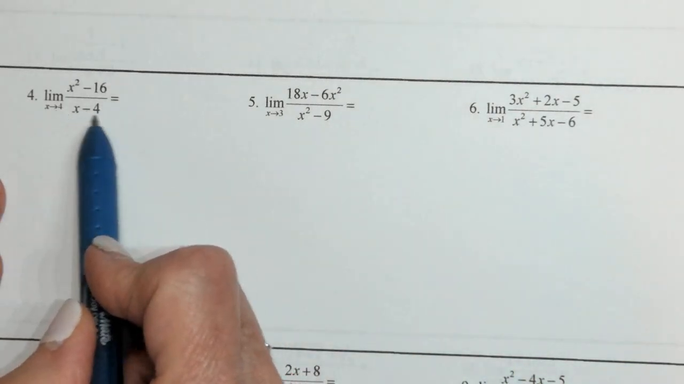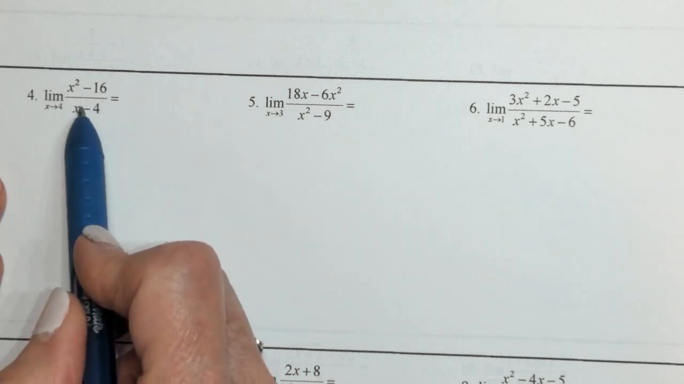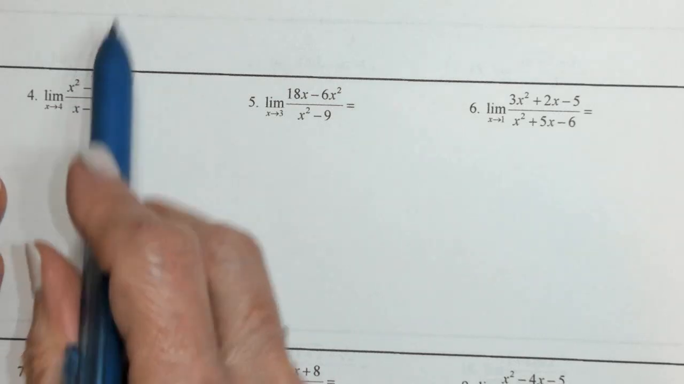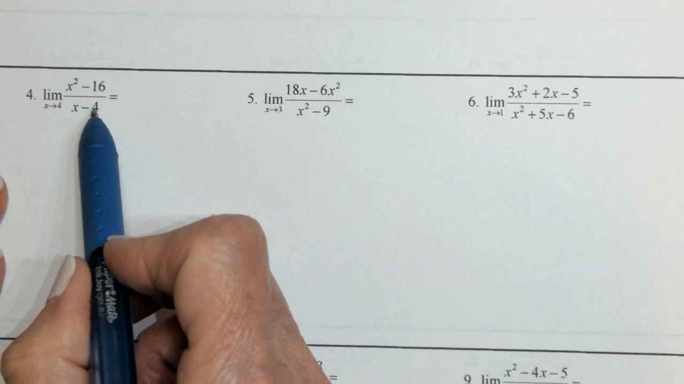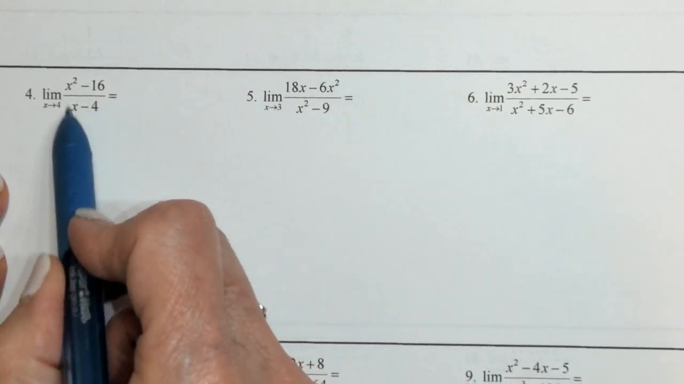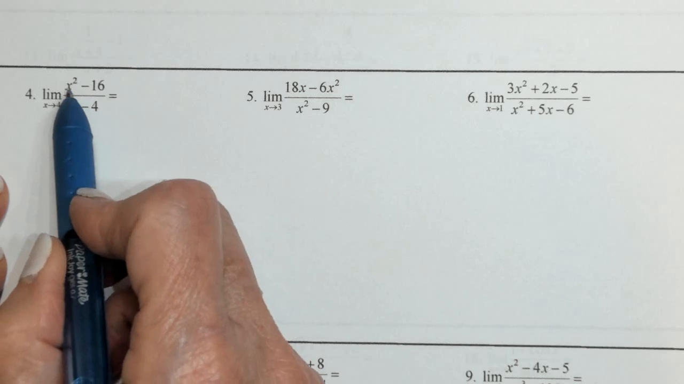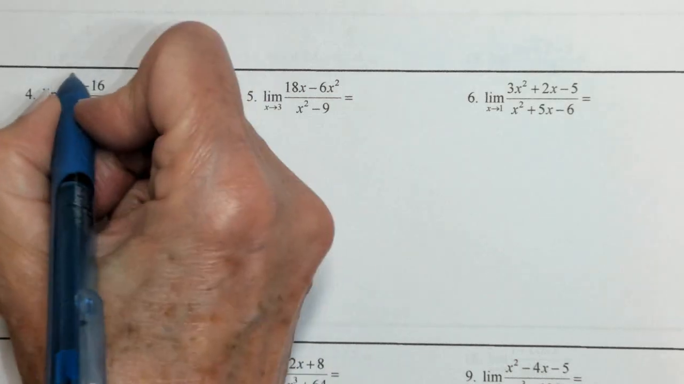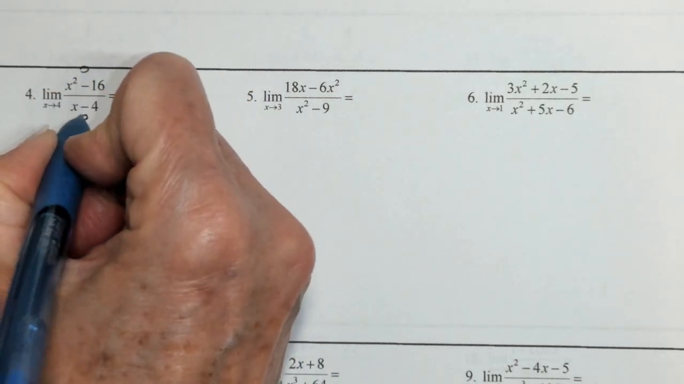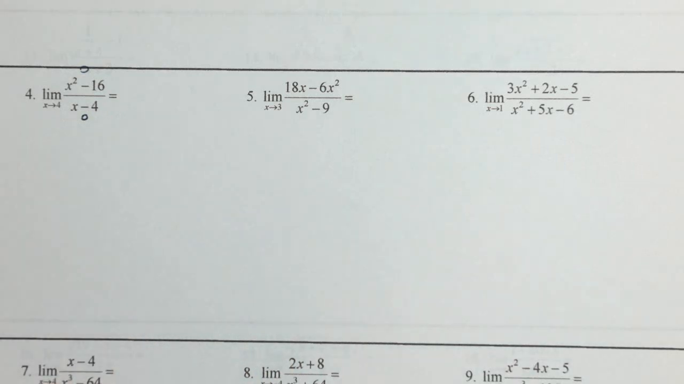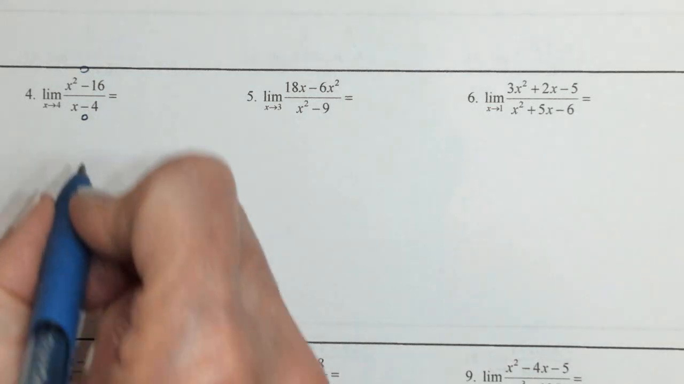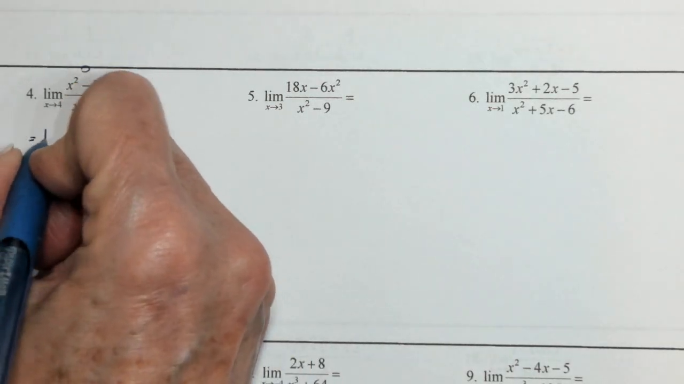If I put 4 in for x, I do get a 0 on the bottom. So I know that, unlike those first 3, something funny is happening here. Okay? Because we cannot have 0 in the bottom. If I put a 4 up on top, I get 16 minus 16, which is 0. I have 0 over 0, which means there's a hole. I need to eliminate that hole. And to eliminate this hole,